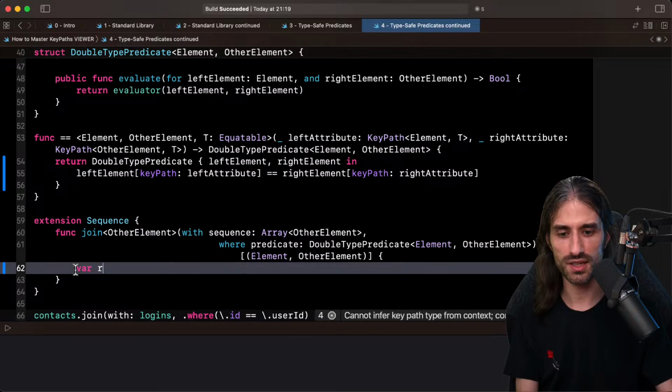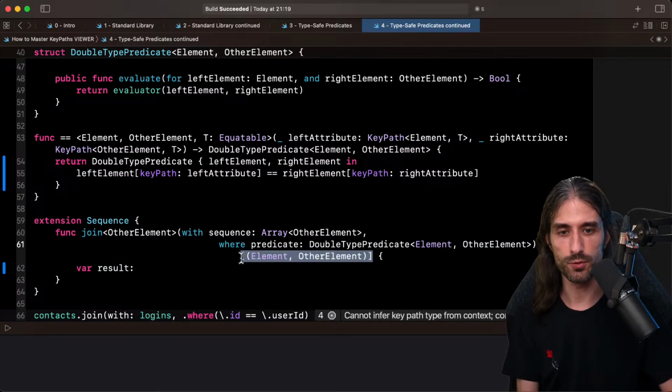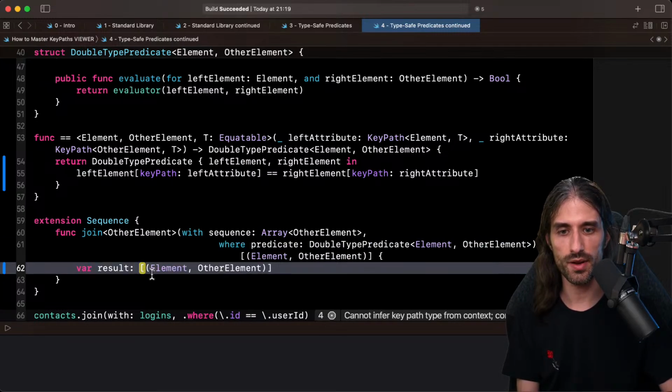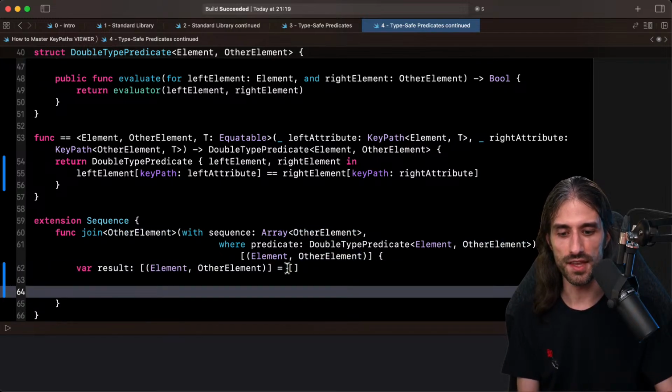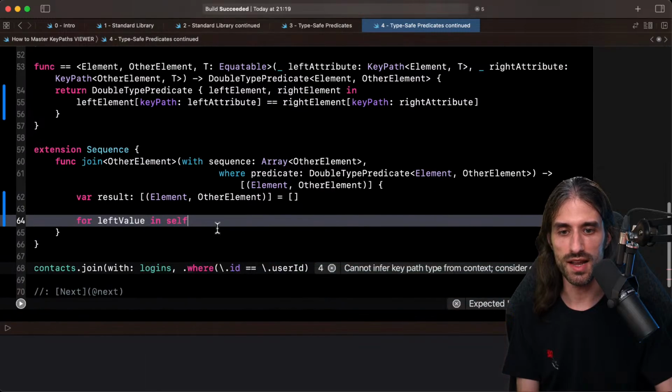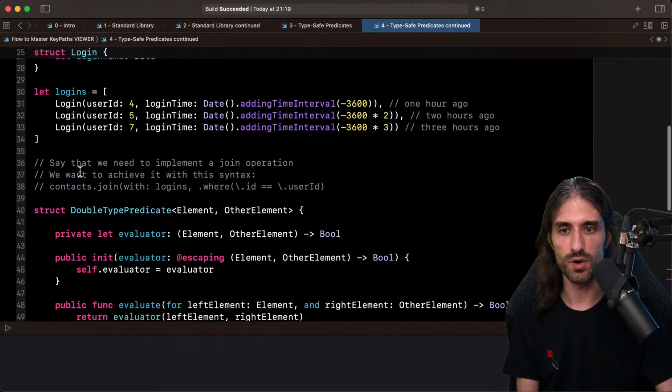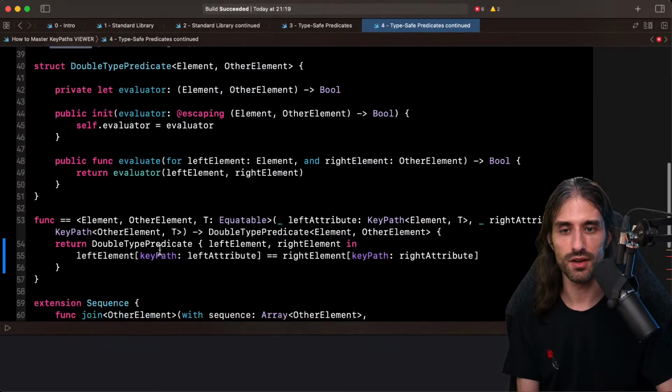And so what we're going to do is create an array result. So it will be an array of the type that we want to return, an array of tuples of elements and other elements. We give it an initial value of the empty array. And then we start iterating. So we say for left value in self, so in the sequence that is on the left side of the join,